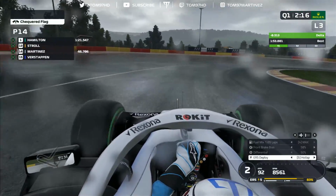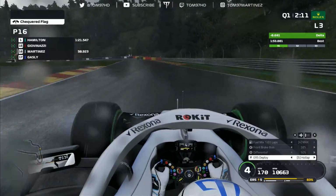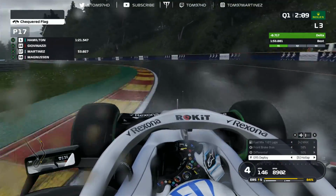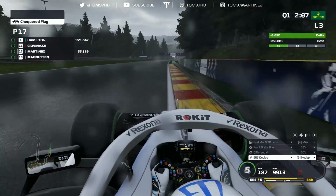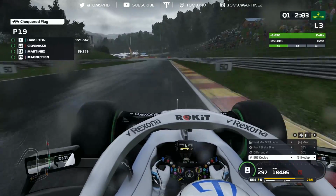And our P14, look at that, we're just dropping like a stone here. So this lap has to be good. We can't make any mistakes, as we're now 16th and out of qualifying as things stand. And we're now going through turn 9. But it's a very good lap so far, 7/10 up on my previous best,